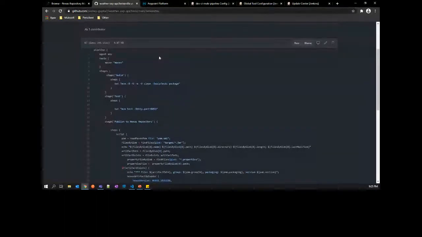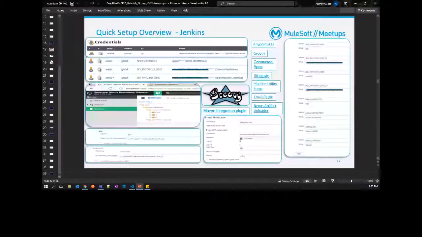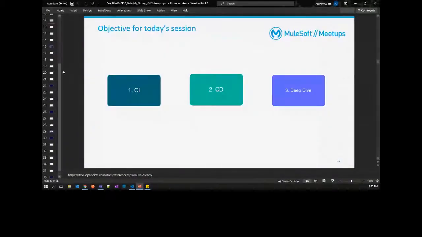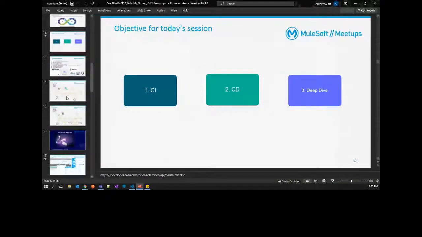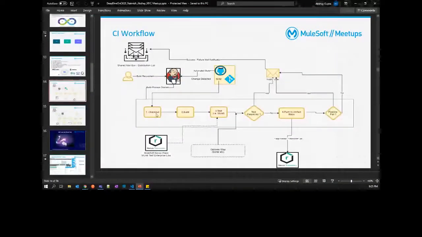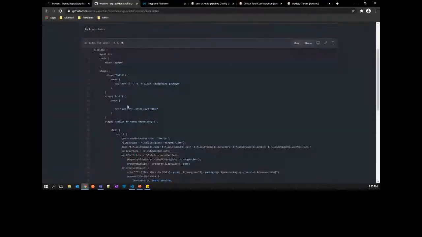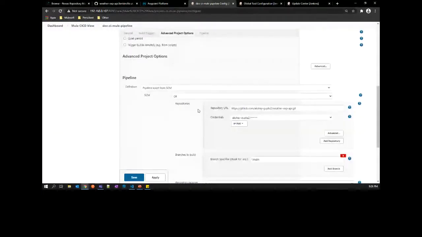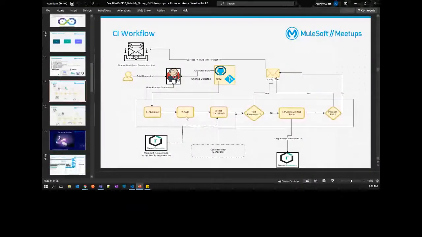Now we'll quickly see what the steps or content of this script are. If we refer to the presentation, as Nemish has already explained, in CI we are doing the first step as checkout. Here, checkout has already been done as part of this step, so we are already checking out this Git repository. The next step is where we are building the project or artifact.